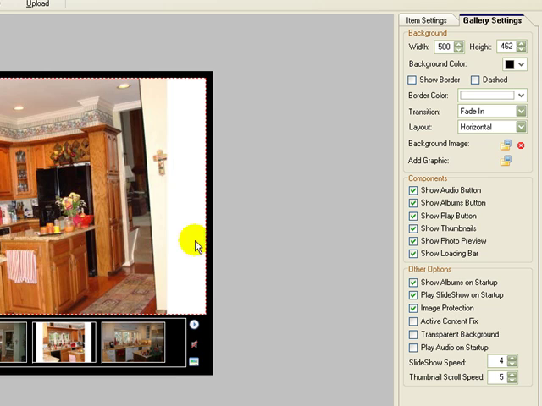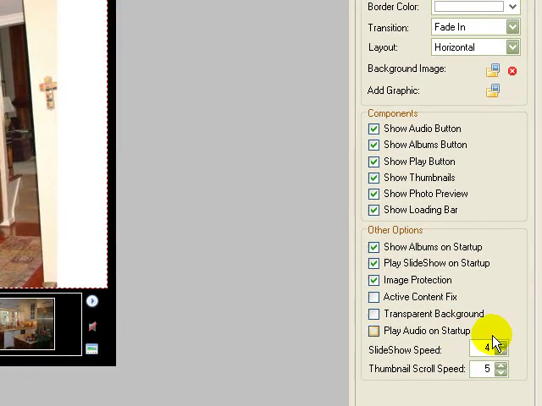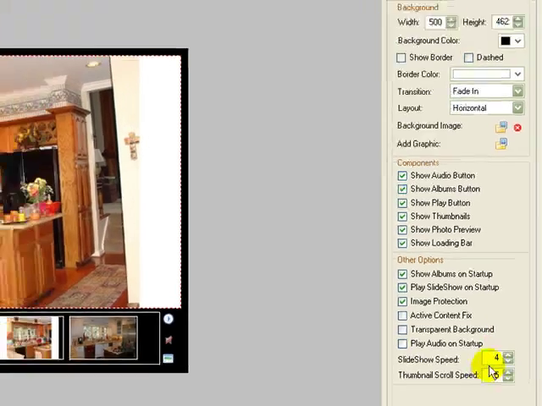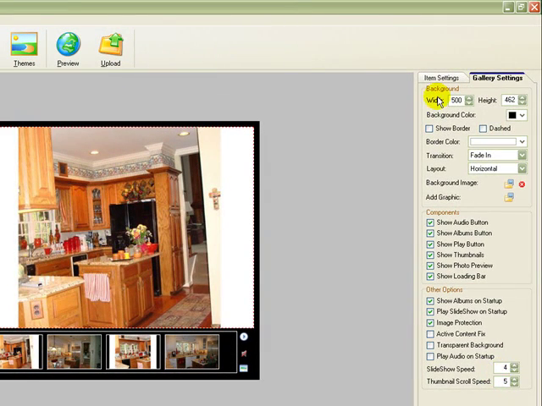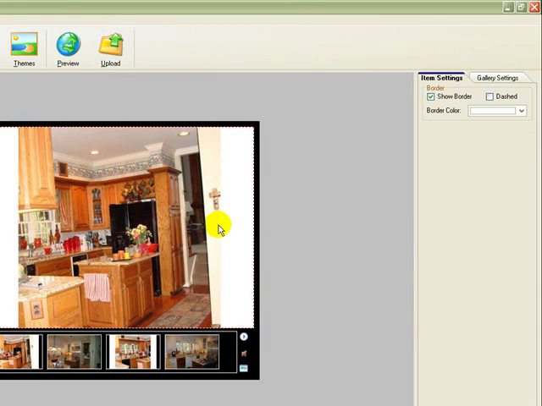Slideshow speed is just how long this picture will stay up there. So at this level right here, 4, it's going to stay up there for 4 seconds. Thumbnail scroll speed is how many it moves across, and you don't want it real fast, don't want it real slow, but the defaults are really good there. So this is everything for